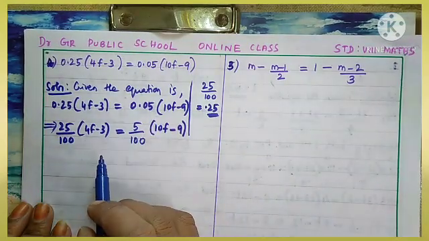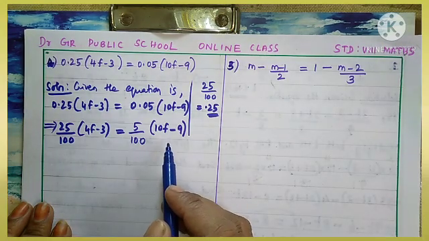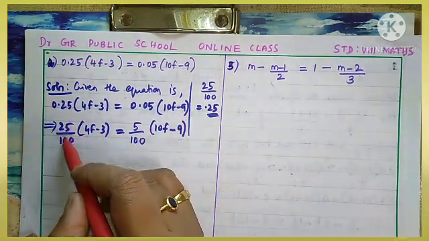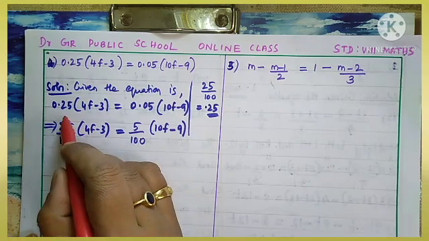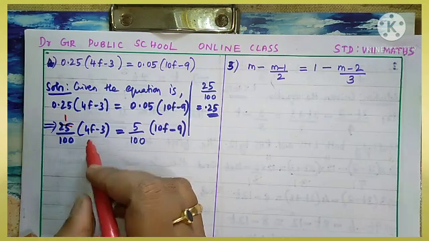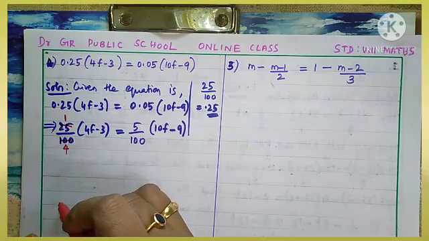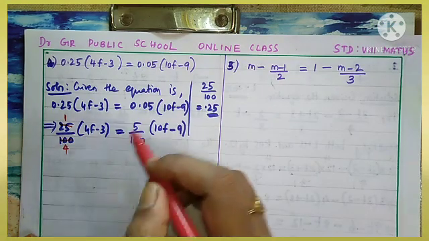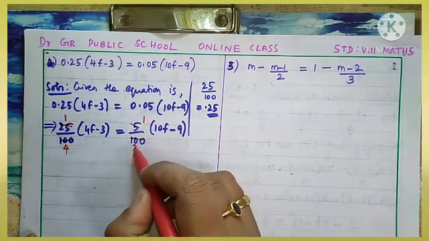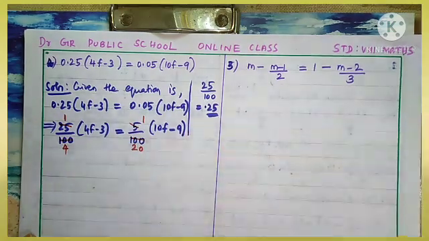Now as we did in the previous problem, we can reduce the terms and multiply and open the bracket. So how we can reduce? 25 by 100. How we can reduce? 1 times 25, or you can reduce by 5 table also. Anyways you can do. I am doing here 1 times 25 and 4 times 100. 4 into 25 is 100. And here also 5 table. 1 5 is 5. 2 5s are 10, 0. So the reducing is over.